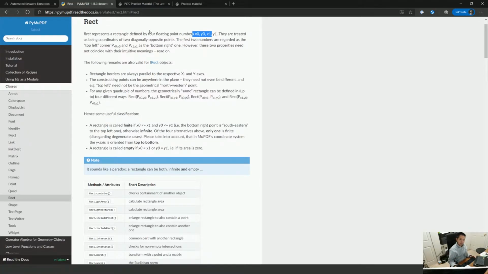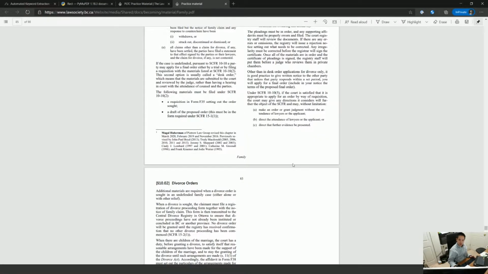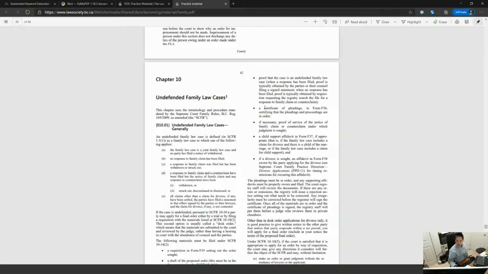And in that case, you can kind of figure it out. I think what we can do here is, let's say the word you were looking for was that certificate of pleadings. You'll get this box, and from that coordinate, you know that it's on the right side, and from the x coordinate, you'll know that it is on the right side, and from the y coordinate, you wouldn't be able to tell what paragraph it is, but you can maybe create a new kind of